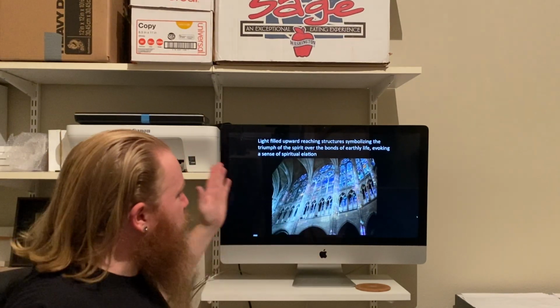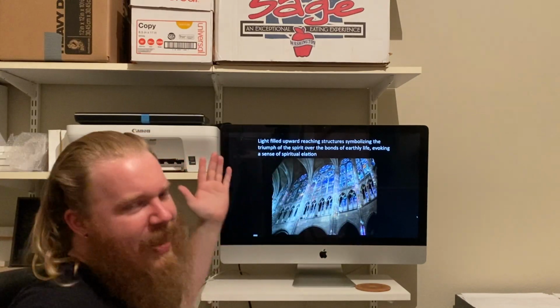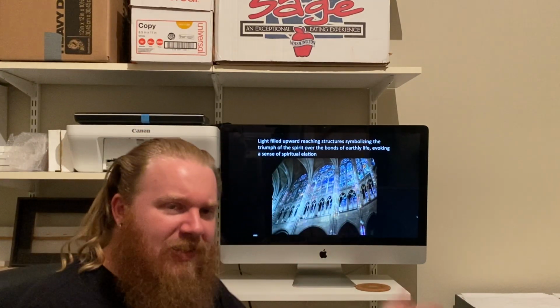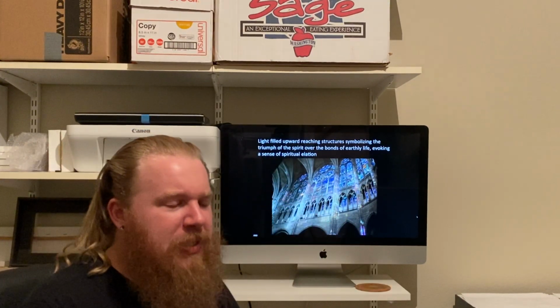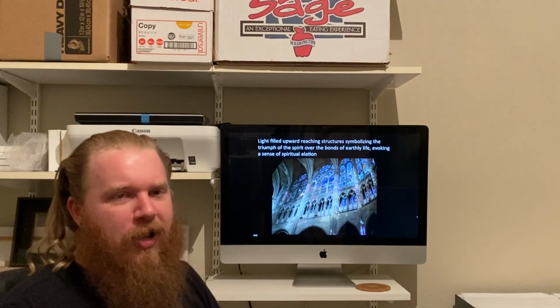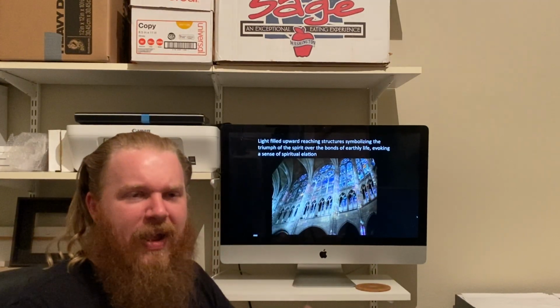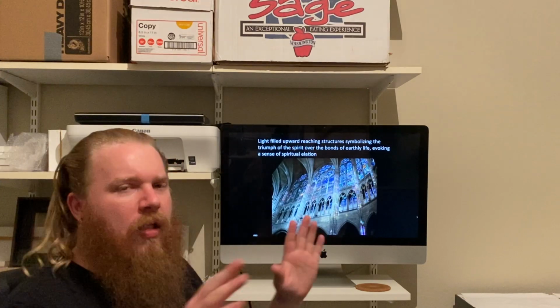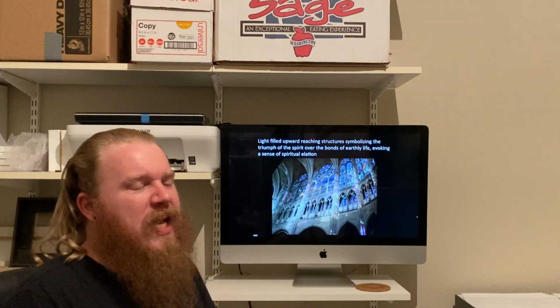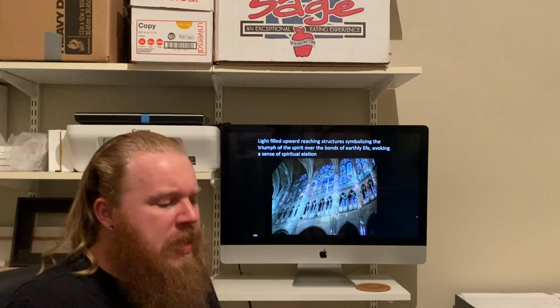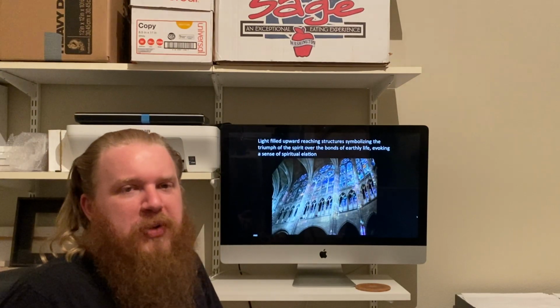But you walk in and you see all this radiant, colorful light reflecting through the stained glass. We would hear the liturgy being said. We would hear the choir singing, the organ playing, the incense burning, all of this kind of stuff. And it's meant to tug at our heartstrings, if you will, and create this deeper spiritual